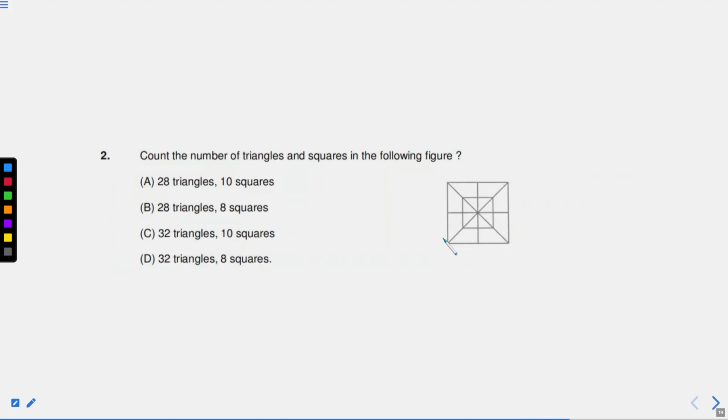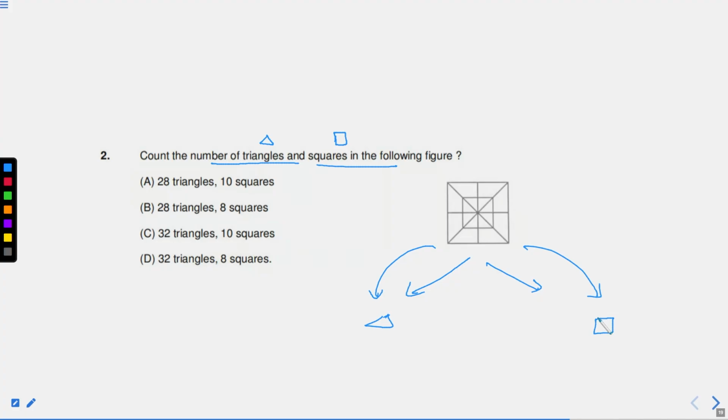Now the second question. In these kinds of questions, what are you supposed to find? Read the question. Find the number of triangles and the squares. Now this is a question in which you are supposed to find 2 different things. For that, you can slightly change the approach by making 2 different diagrams. First, you redraw this part, the same diagram, and mark the triangles. Then again you draw the same diagram and mark the squares. This is for triangle, this is for square. Redraw the diagram 2 times and start calculating one by one.